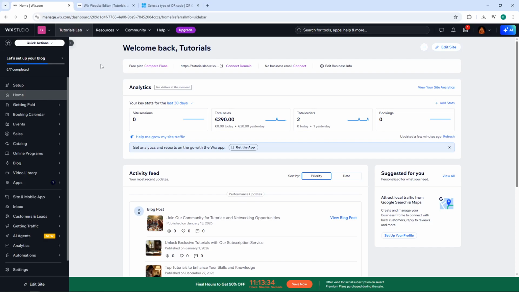Welcome back, everybody. Today I'm going to teach you how to add a QR code to your Wix website. This is incredibly useful if you want to provide quick access to links, contact information, or special offers right from